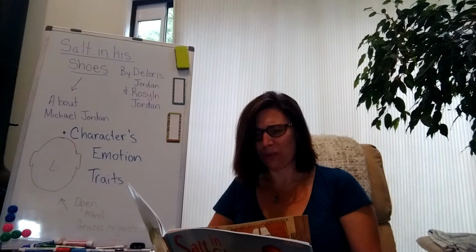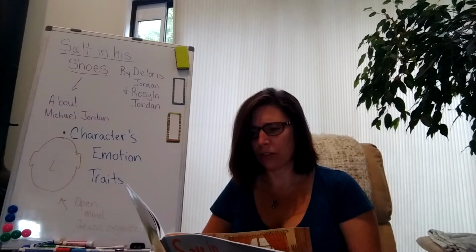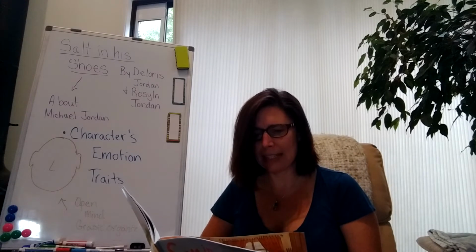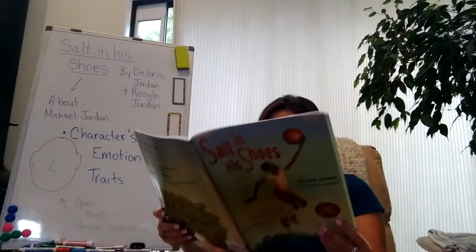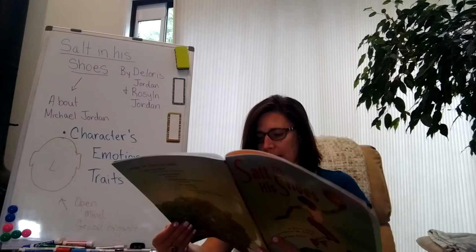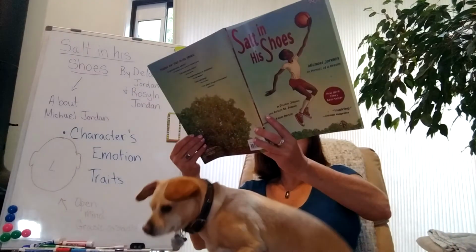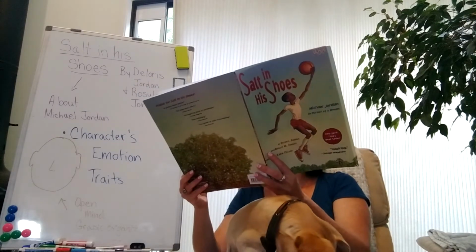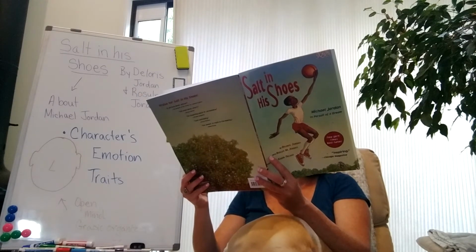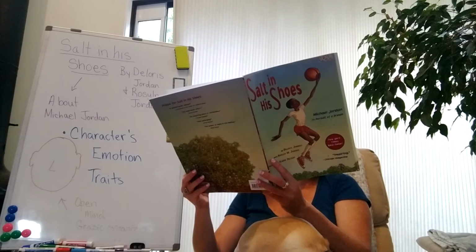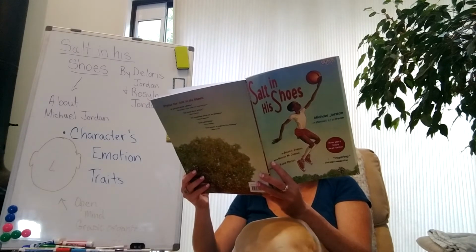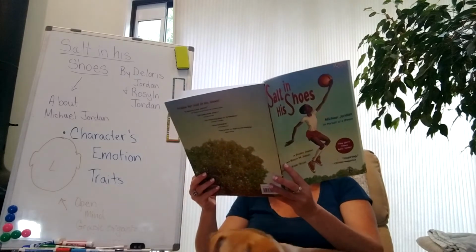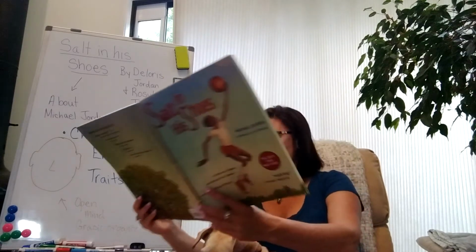"Salt in my shoes," Michael said quietly to himself. Surely Mama was teasing. He sat staring out the window trying to figure out how salt was going to help him grow. He noticed the rose bushes outside in Mama's garden. They had grown high along the fence, and roses of all colors were blooming on the vines. He thought to himself, "I remember when Mama first planted those bushes." Michael's face lit up. If Mama knows how to make those rose bushes grow taller, then maybe she's right. Maybe salt in my shoes will really help me grow.